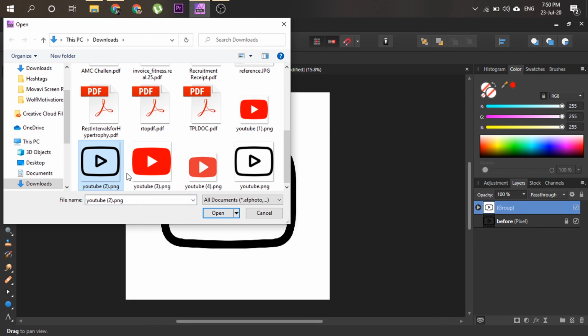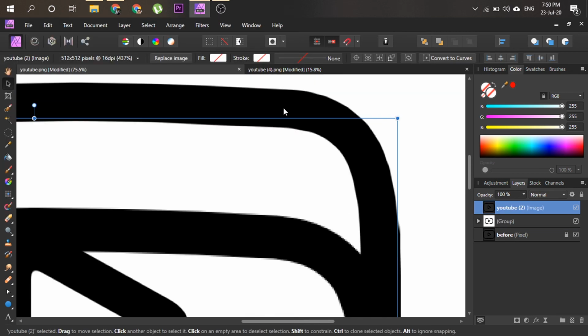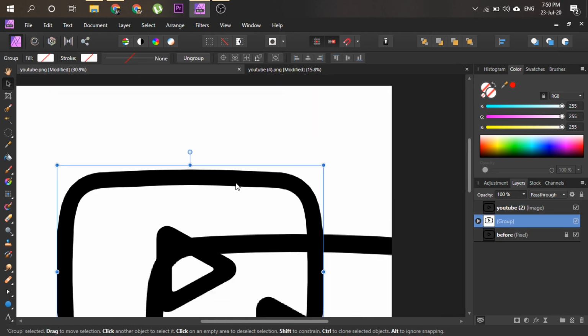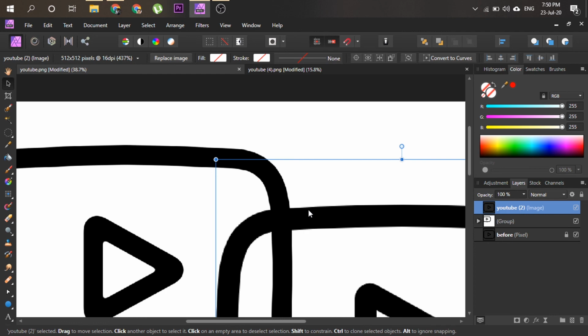Okay, as you can see, this one is the 512 pixel image and this one is the 2000 pixel by 2000 pixel. So the quality of this graphic is much better than these graphics. Okay, so this one is here and this one is here. So we edited this one and the original 512 pixel graphic is this. As you can see, the resolution of the graphic that we edited is much better than the graphic that we downloaded from flaticon.com.